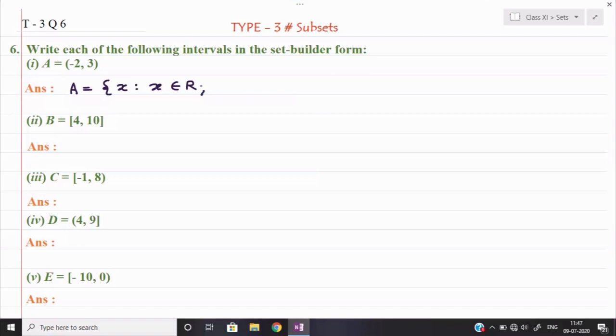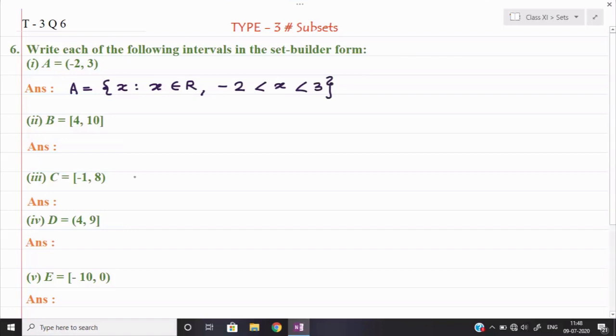Okay, if some specific values are there, then why shall we use it? So range is given minus 2 to 3, all values we are going to cover. However, it may not cover minus 2 or 3 or both. As you can see, since it is given open interval, we can say that minus 2 will be less than x, we shall not apply the sign of equal to, less than 3. It shows minus 2 and 3 will not be covered in the interval, but the values coming between minus 2 and 3 would be covered.